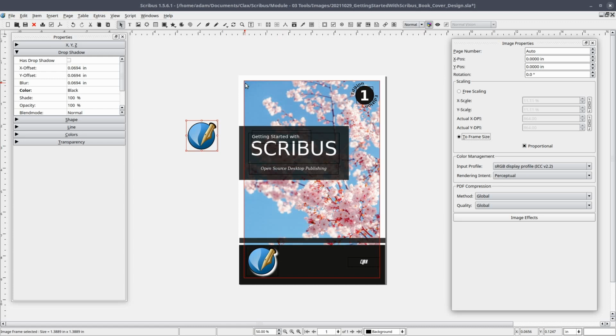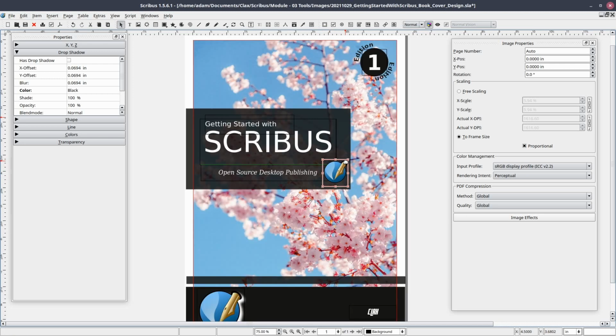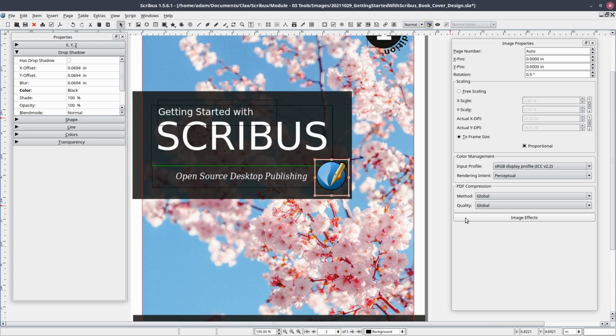Then place the image over the book cover layout. This time, from the Content Properties control panel, we will select Image Effects.